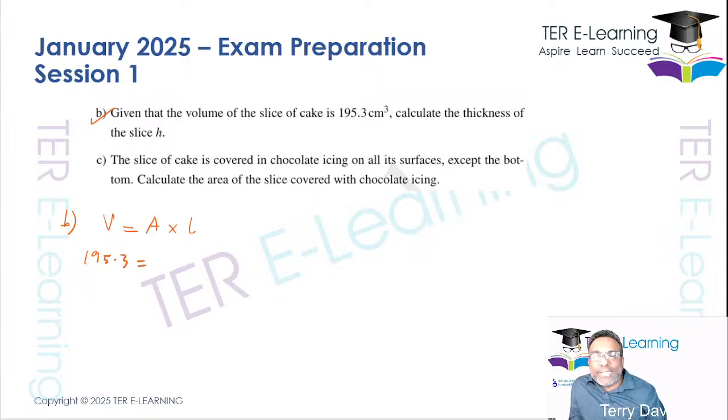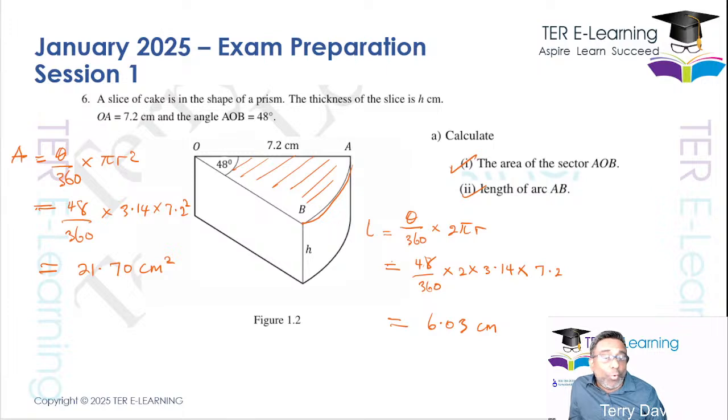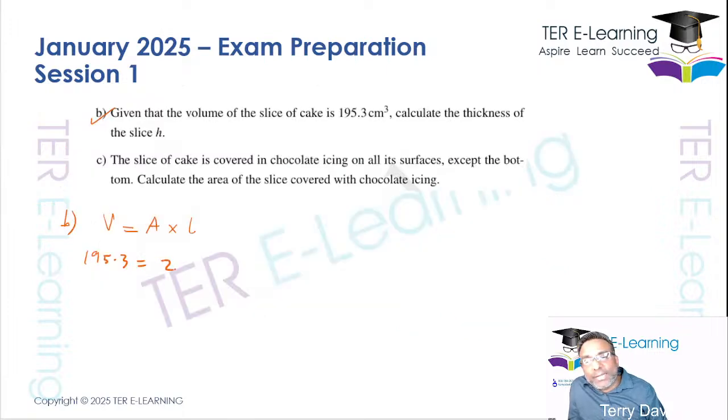Right? And the cross-sectional area, we actually worked that out before. That's the area of the sector. That's 21.70. So this here is 21.70 multiplied by the thickness, right? Now they're calling it H here, so let's use H here. So if you want to work out the thickness, H, that's given by